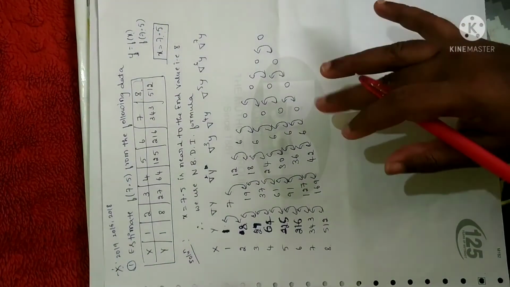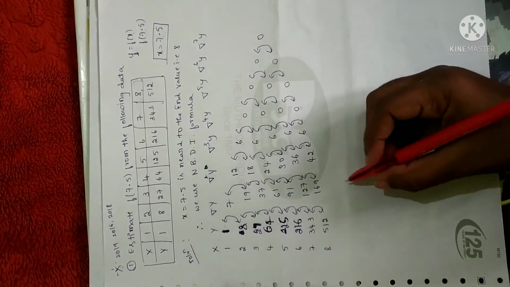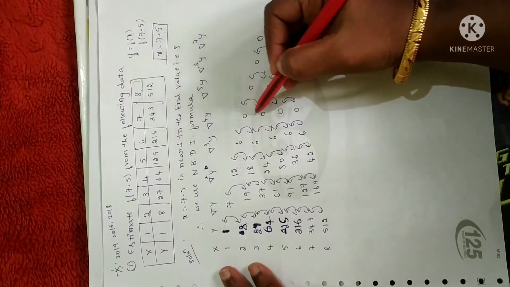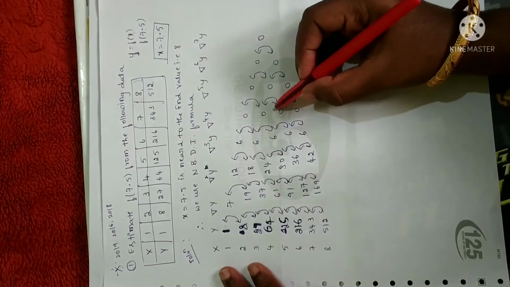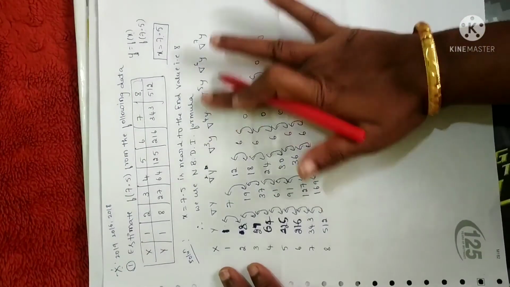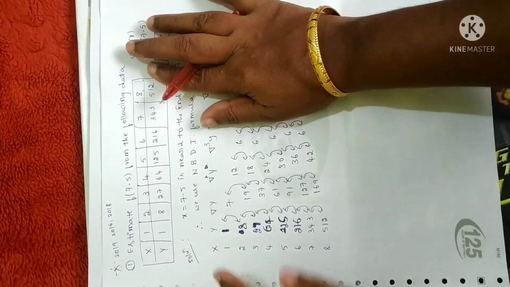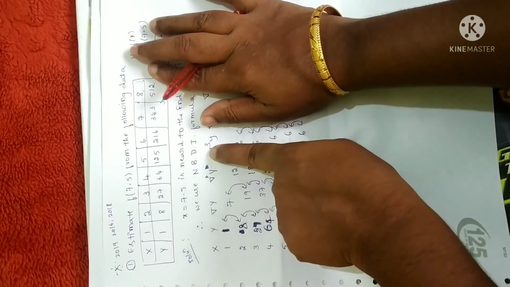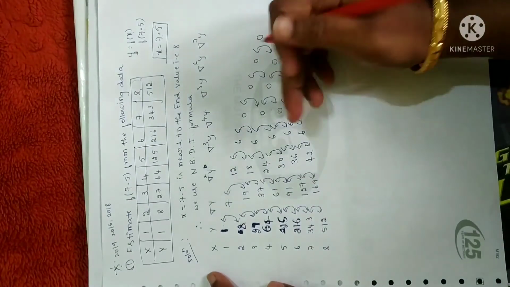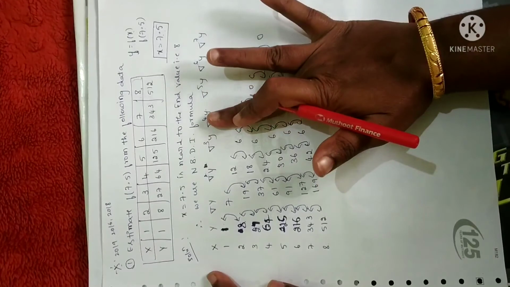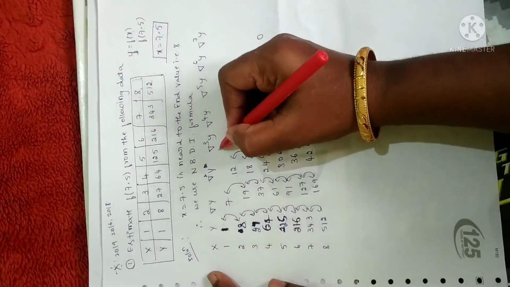Now, this is the backward difference table, but while using the formula, it is enough to use up to delta cube y, since delta power 4 of y is 0. If you multiply 0 into anything, it will be 0. So you can truncate these values. You can neglect up to here. After neglecting, what you are going to get is delta cube y. Even if you write the formula with delta power 4, it doesn't matter, because 0 into anything will become 0. So this term you truncate, and you write the formula up to delta cube y.